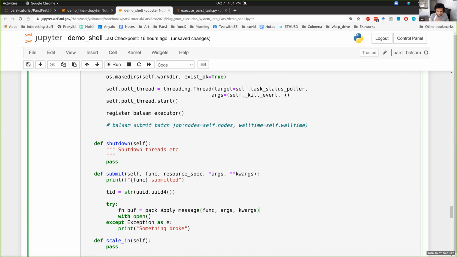Now, we need to also figure out what is the path to which we want the task buffer to be written out. Let's call this the task package. So this is the path to which we are going to write this buffer to. So we are going to write it to self.workdir, because we just made sure that that directory exists. And I'm going to call it